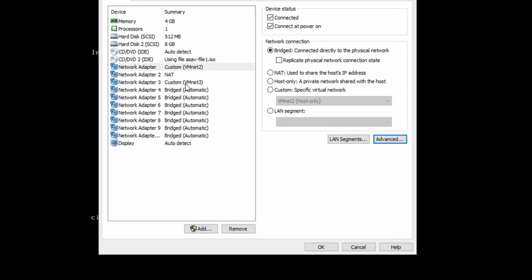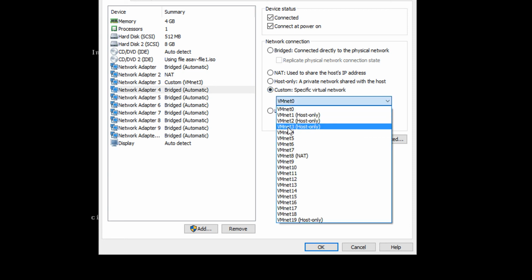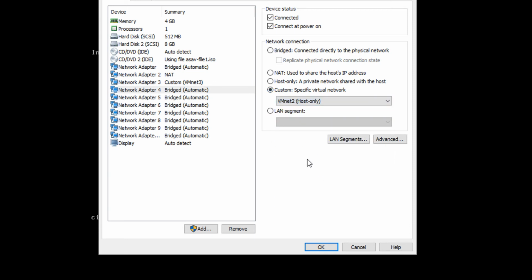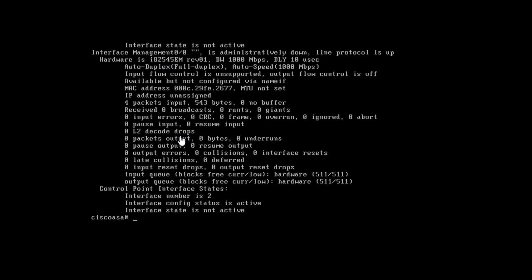So that one's bridged, and we'll change this one to host only 2, and that should be better. So we'll do that now. So that means the management one now is the physical. So I'll just write that down on my little piece of paper,